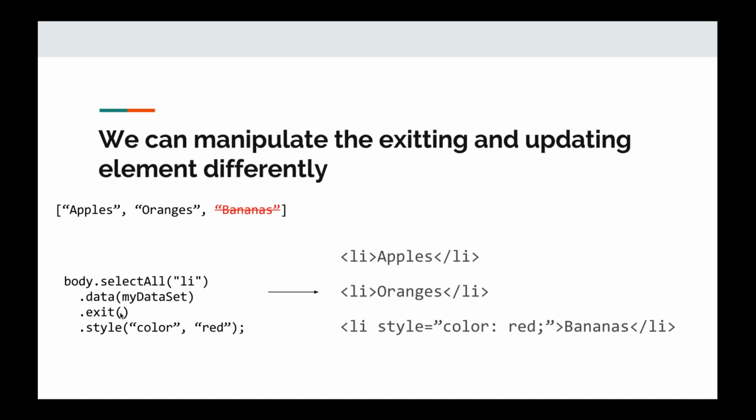In this case, I don't remove them. Just as an example to show you what you could do, you could style them a certain way. Let me make the ones that need to leave red, and then bananas will end up being red. They'll still be in the DOM though, because we didn't actively remove it. So when you want to exit things this way, you actually need to remove it from